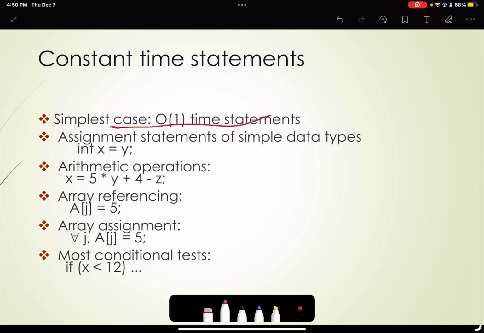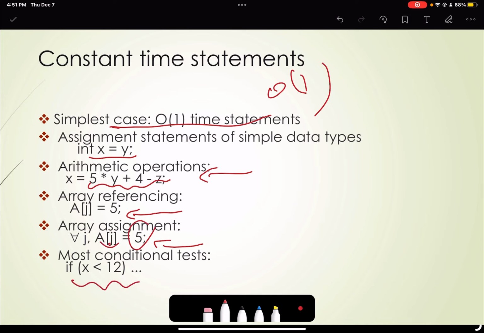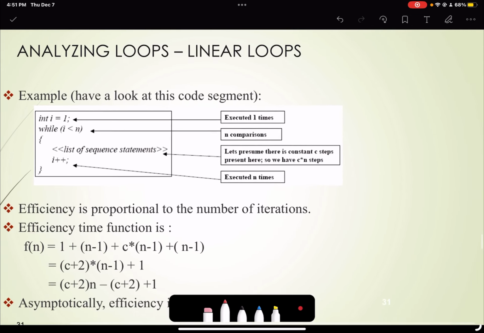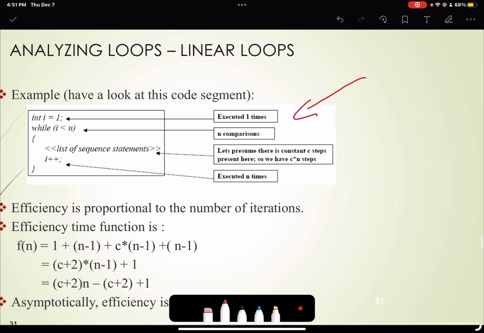Simplest is one time. For example, array access requires only 1 time complexity. We know the index position, we can retrieve the data. This is an assignment statement. Arithmetic operations we have here. Then we have array referencing. You are getting the data. Array assignments, you are putting the data in this. For all j, you are putting 5. And you have conditional statements. These are some of the examples of your statements, and we already studied an example where this requires 1 time